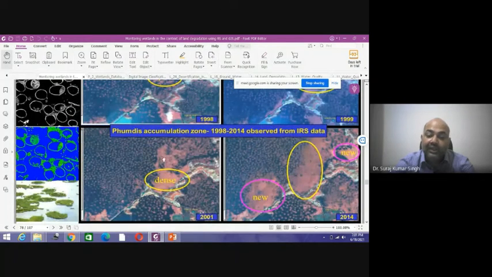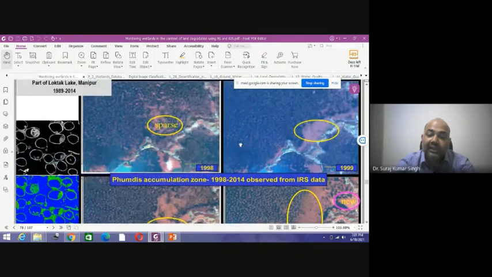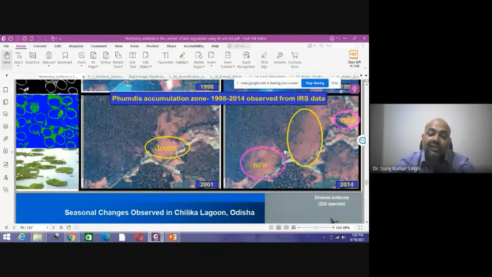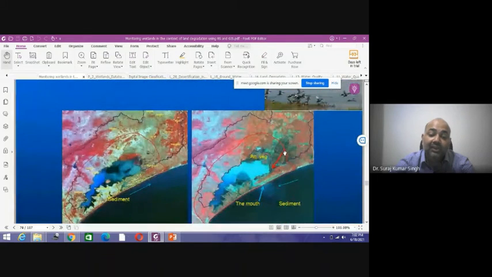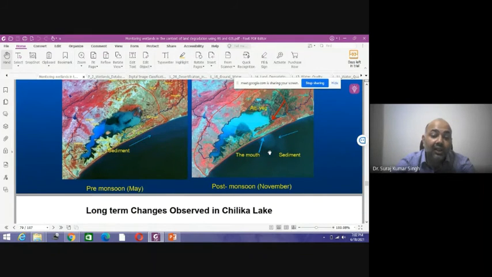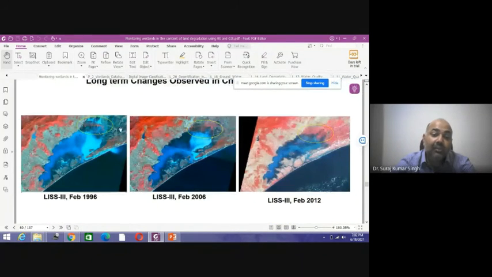And you can see how, over the decades, in 1998, 99, the positive changes the government has implemented and the amount of vegetation that has increased over that area can be easily monitored. In the same way, you can see the changes during pre and post monsoon in any area, and you can see the amount of sediment contained during post monsoon, the amount of siltation, whether the volume is increasing, what the aquatic life is, whether the vegetation is decreasing, and whether we are encroaching on those wetlands. All of this can be easily monitored and mapped.